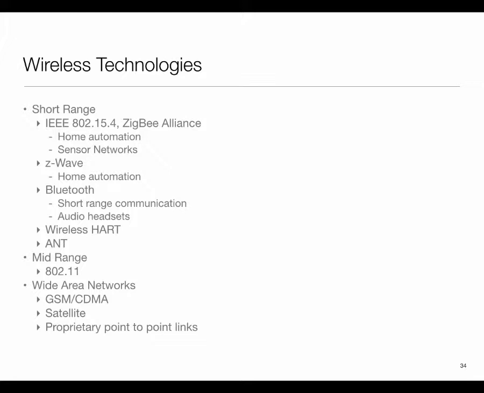coverage issue: I have to have a base station so that every point is under the coverage of some base station, and that's very hard to achieve. So a consequence in these networks is that I can be multiple hops away and still talk to the gateway. And the other one is I can exchange information directly with my peers without having to go